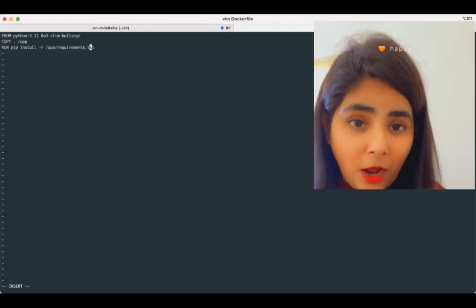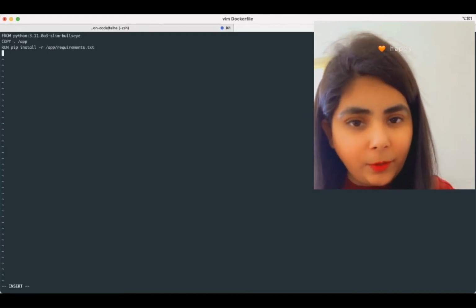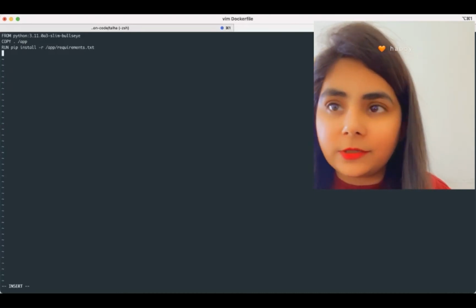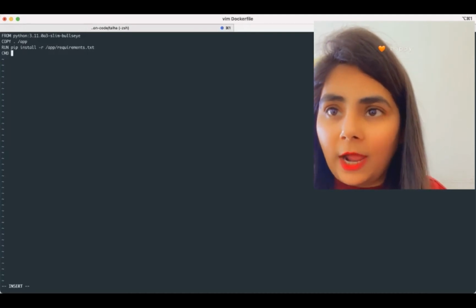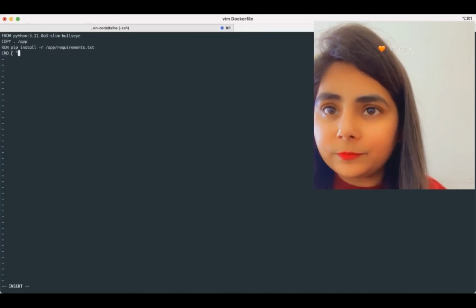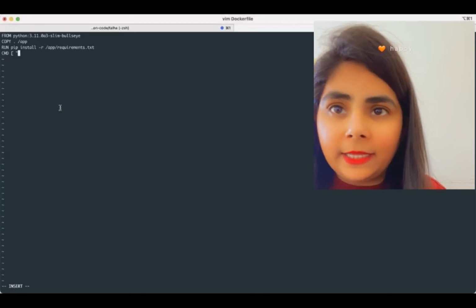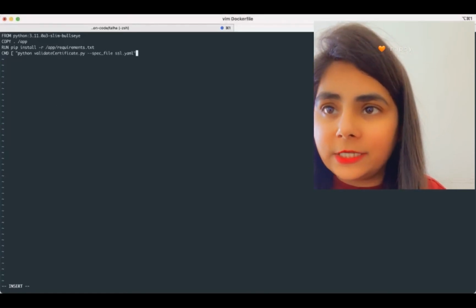So now, the last thing I have to do is set the entry point of the command of that container. So I'm going to set up a command. So I'm going to write cmd here and my entire command. So I can't write the command directly. If you write the command like this, it's not going to work. You'll have to write it